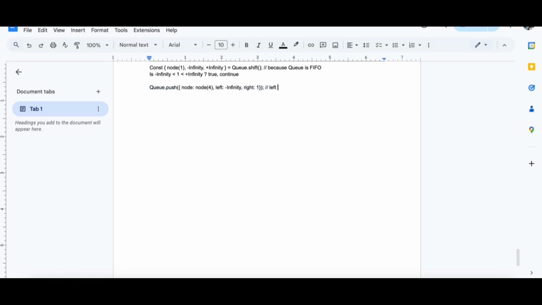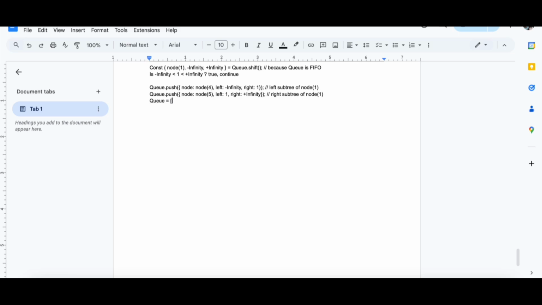This one is the left subtree of node 1. The right subtree is 5. Then the left side is 1. The right side is plus infinity. This one is the right subtree of node 1.